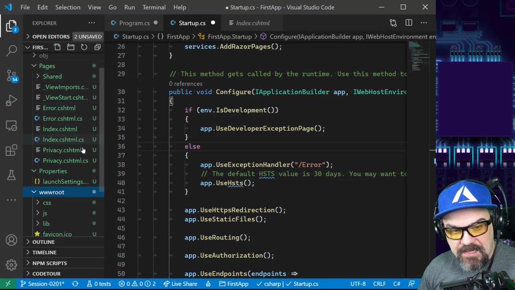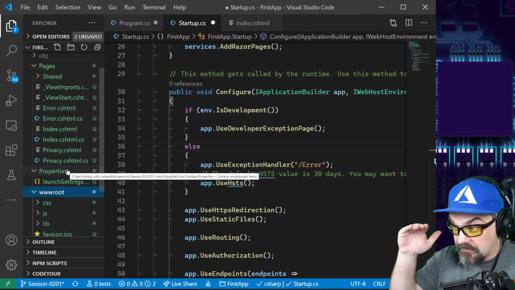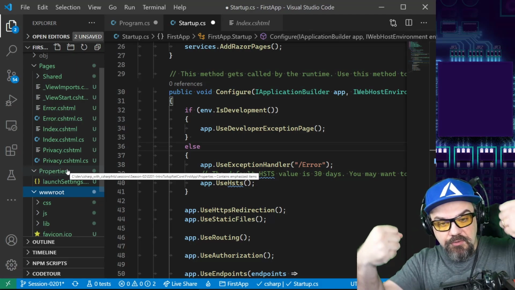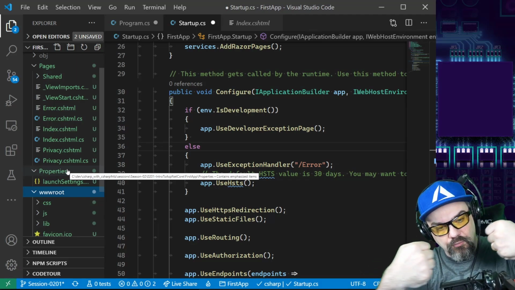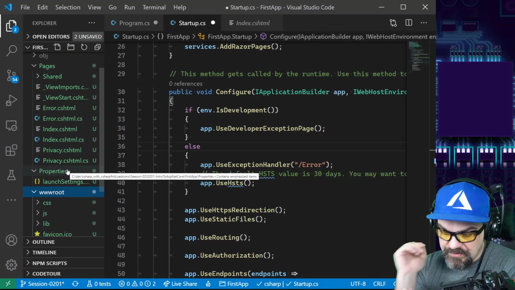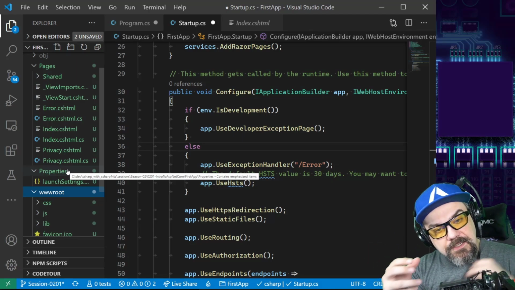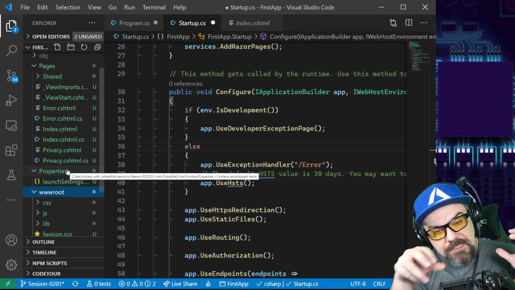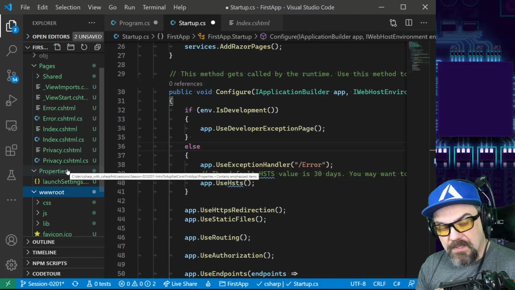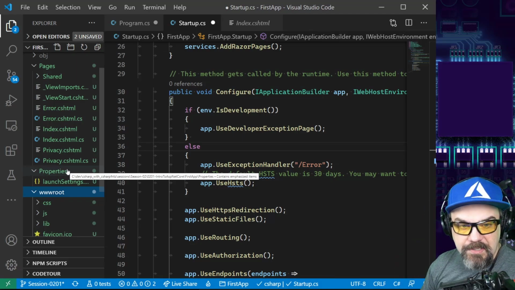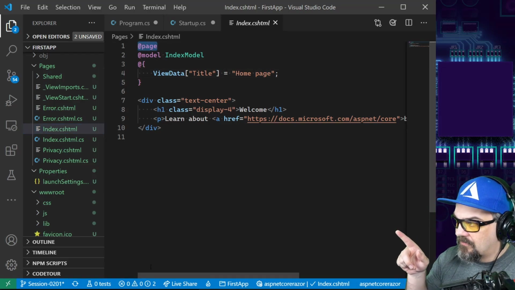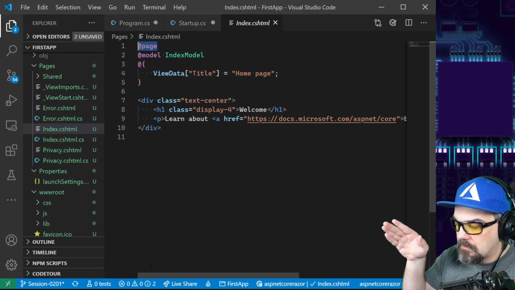Similarly, the content inside of pages is served from the root of your web application. So what ASP.NET is going to do is it's going to put these two together. It's going to weld together these two folders. The contents of www root are just served out directly. The contents of pages is being interpreted and managed by the .NET runtime and then rendered appropriately. And by putting on the top of each one of these files, these CSHTML files, an @page